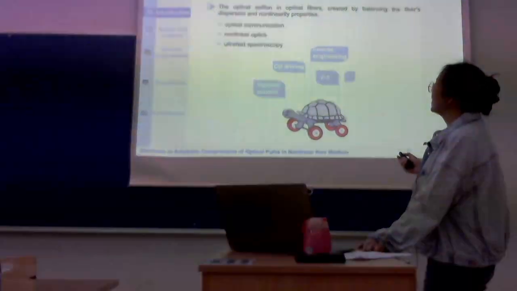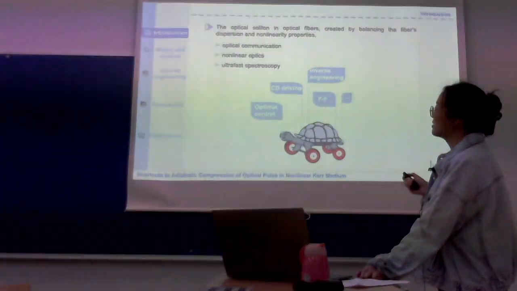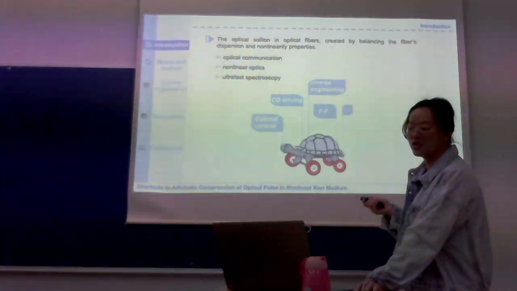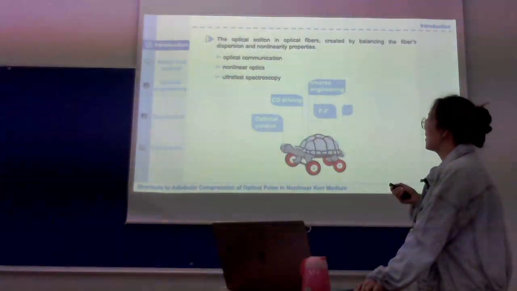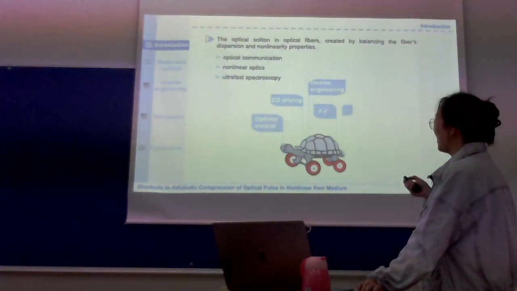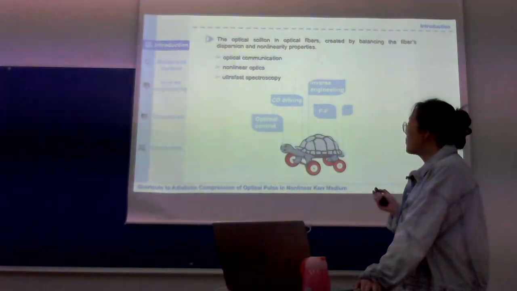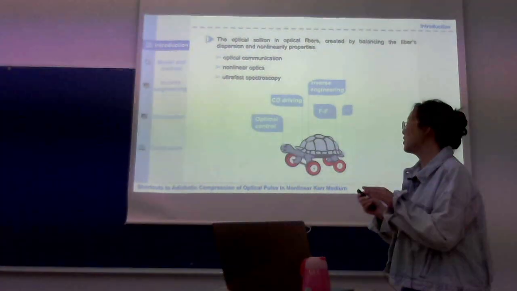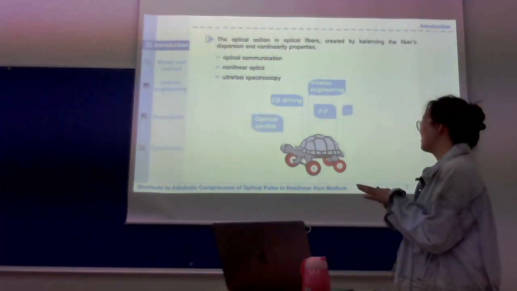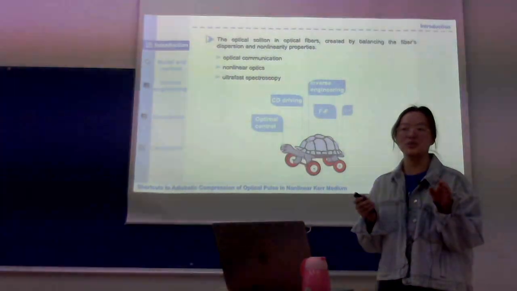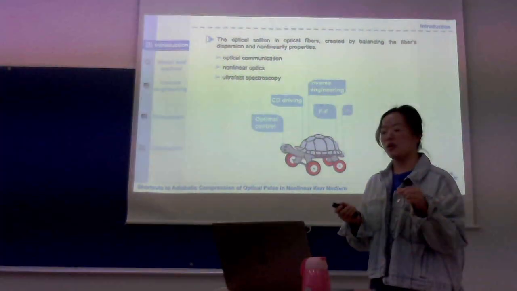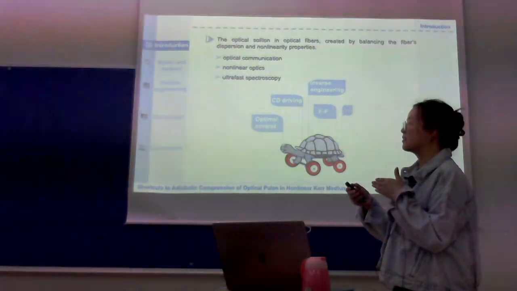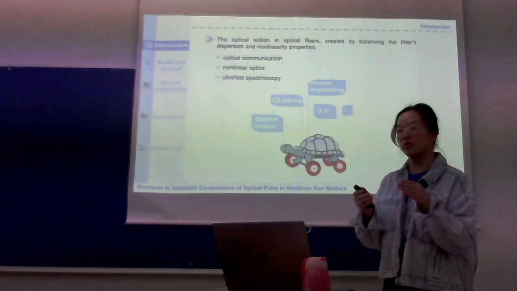And for its fundamental properties, we have studied the application of solitons in optical communication, nonlinear optics, and ultra-fast spectroscopy. And adiabatic soliton compression requires a very long fiber distance, so it may lead to the loss of coherence. So now we are considering a useful method to get fast and robust soliton